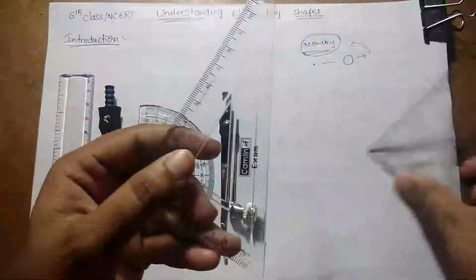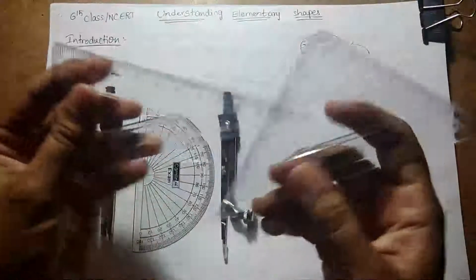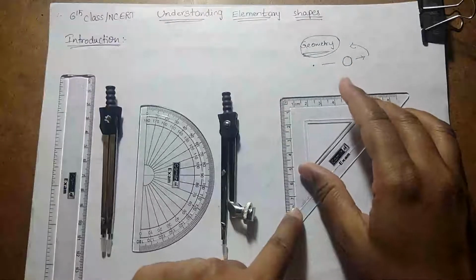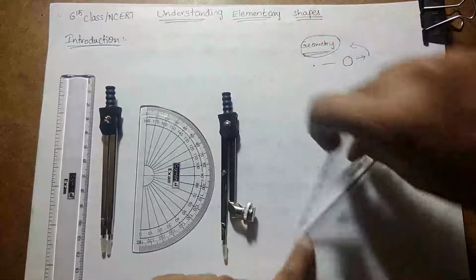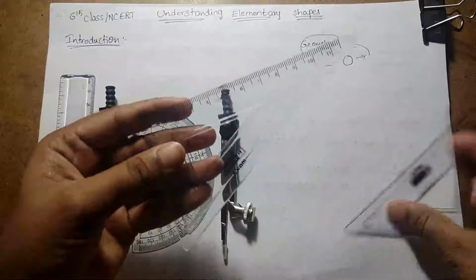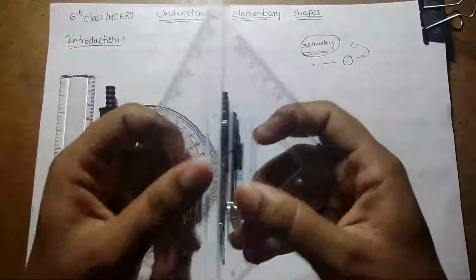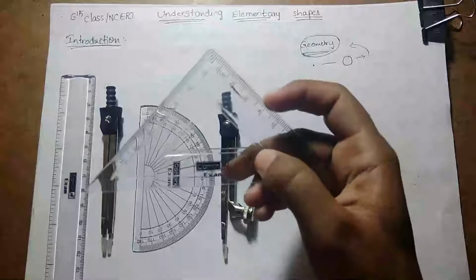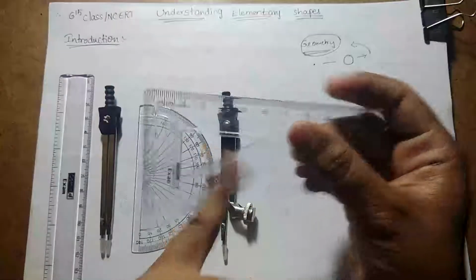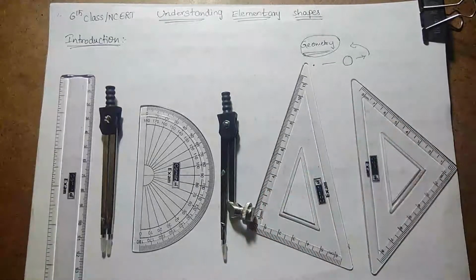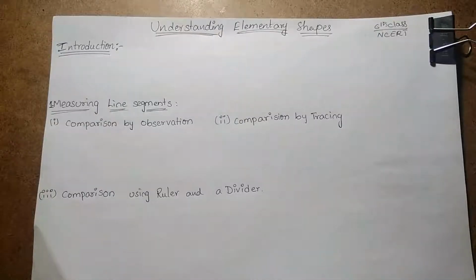And this is a set square, and this is another set square. These come as a set, because if you take this set square and turn it like this, it makes a square. By using these two set squares we can make a trapezium, quadrilaterals, a rhombus, etc. One has 45 and 90 degrees, and the other contains 30, 60 and 90 degrees. These are the basic geometric tools in our daily life, mostly used for problems. So let's move into the introduction.